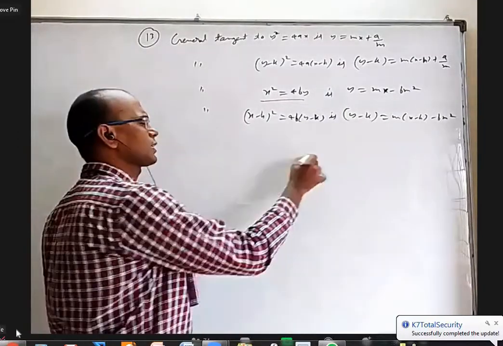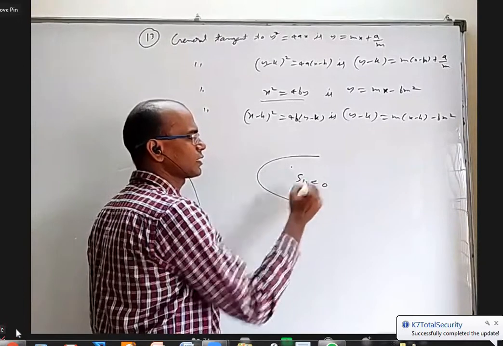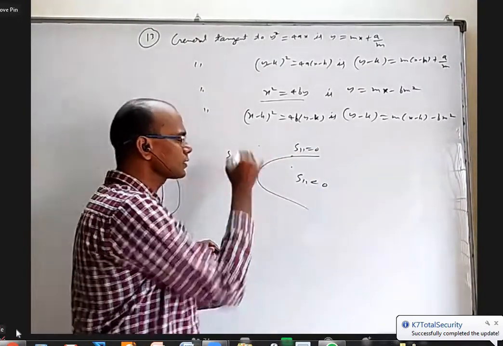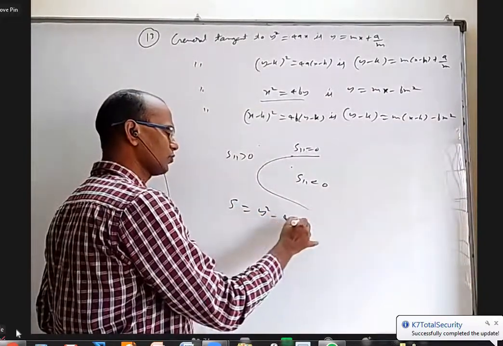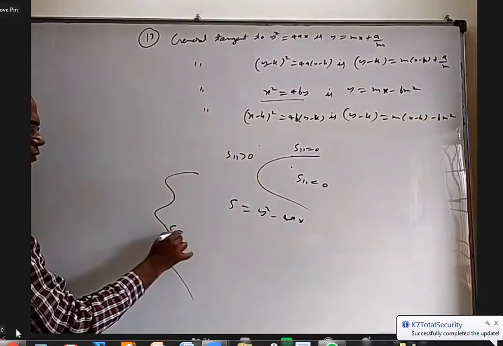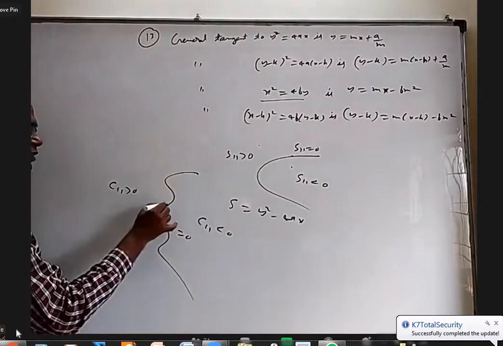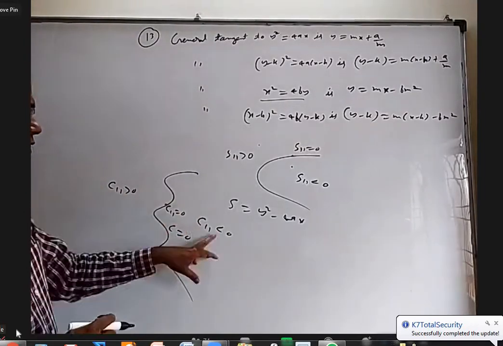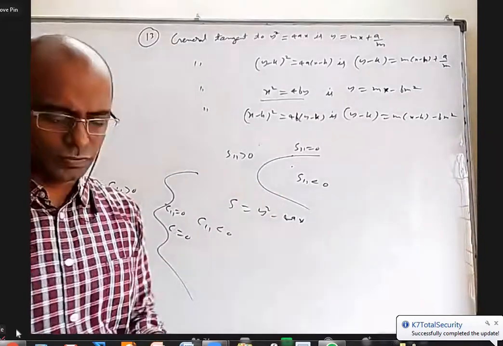Here also, we have this condition: if you take a parabola and a point inside, S11 is less than 0. If a point is on the parabola, S11 is 0. If a point is outside, S11 is greater than 0, where S is equal to y square minus 4x. For that matter, you can say this for anything. Whenever you take any curve C equal to 0, on one side C11 will be less than 0, on another side C11 will be greater than 0, and on the curve C11 will be equal to 0. Which side is less or greater may interchange. But it is not just true for a circle or parabola, it is true for any other curve.